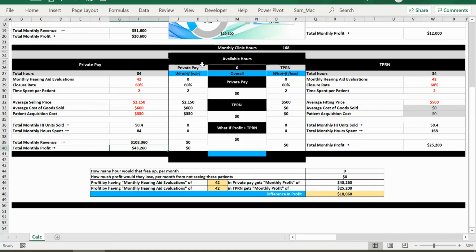This section here is basically the what-if scenarios that you may have. How it works is whatever you have here is a kind of win, and whatever you have here is a kind of loss. I won't say it's a loss. It's just that you're trying to get a better view of how it works. So let's say you're addressing monthly hearing evaluations of about say 30. I'll put that 30, and you can see that 30 comes back with a 24, which means that's your what-if